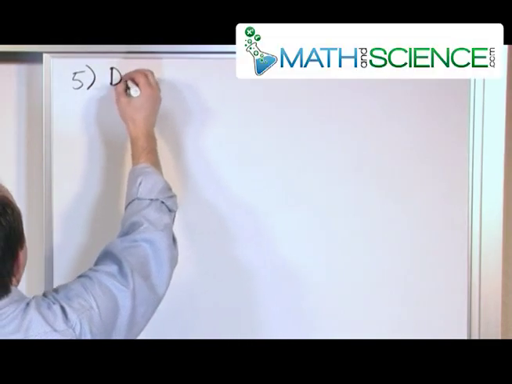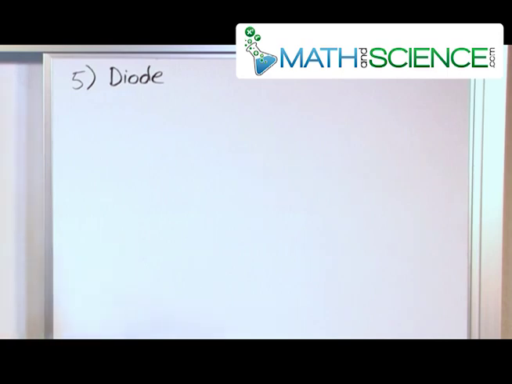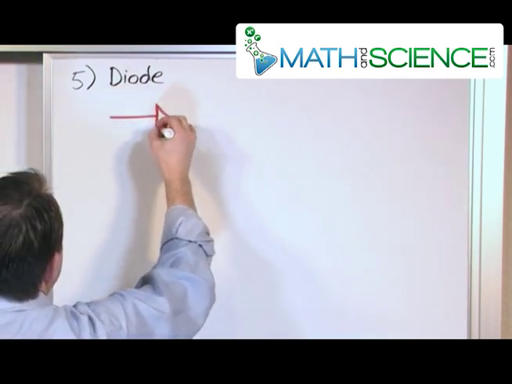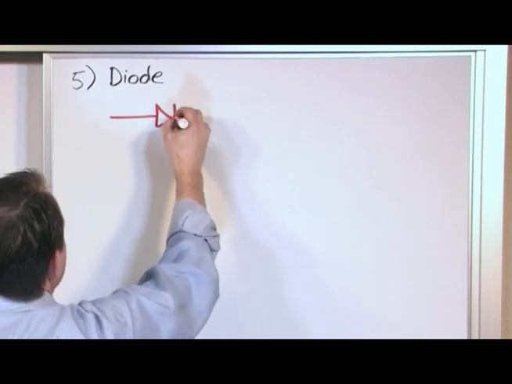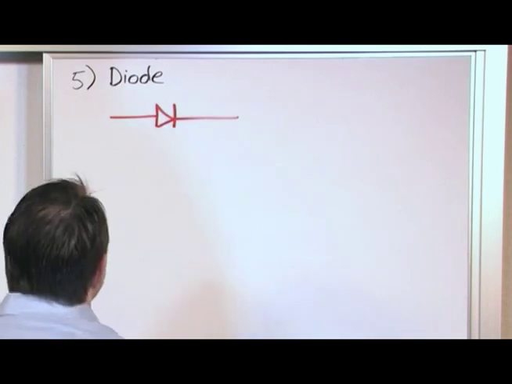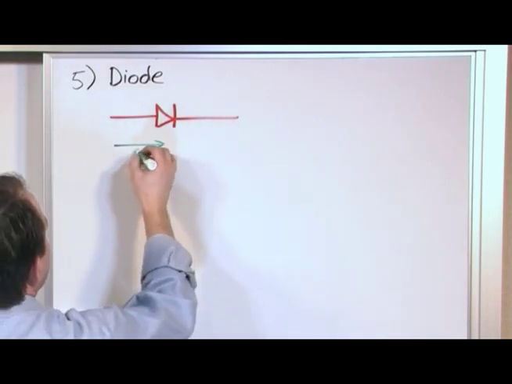We call it a diode. Diode, just like that. All right, now a diode, the symbol for it looks like this. You've got a triangle with a line on the end of the triangle like this. It would look just like this in an electric circuit. Now, when you see it drawn like this, what this means is current can only flow,